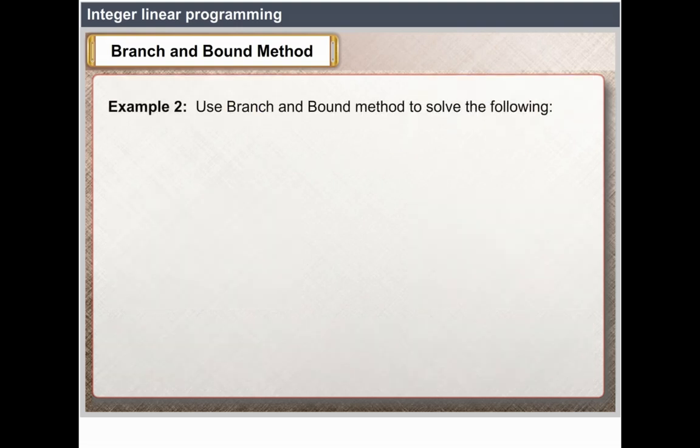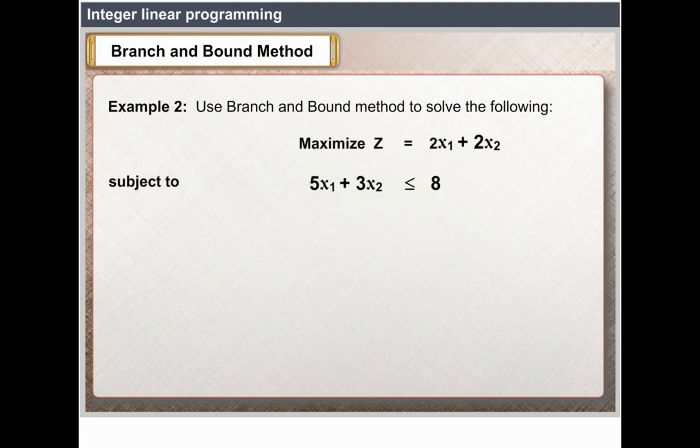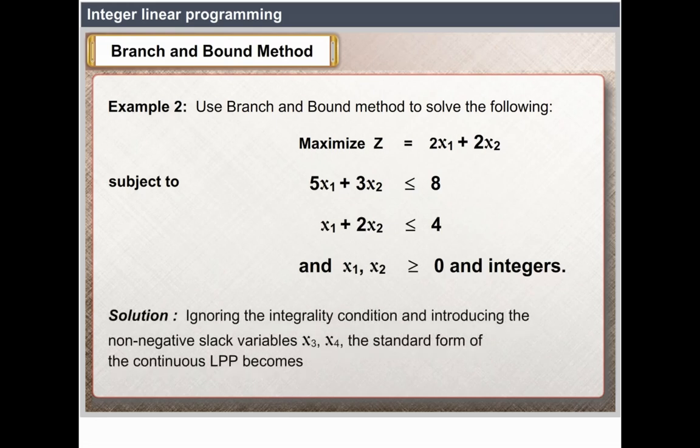Example 2. Use the branch and bound method to solve the following. Maximize z equal to 2x1 plus 2x2 subject to 5x1 plus 3x2 less than or equal to 8, x1 plus 2x2 less than or equal to 4, and x1, x2 greater than or equal to 0, and integer solution. Ignoring the integrality condition and introducing the non-negative slack variables x3, x4, the standard form of the continuous LPP becomes